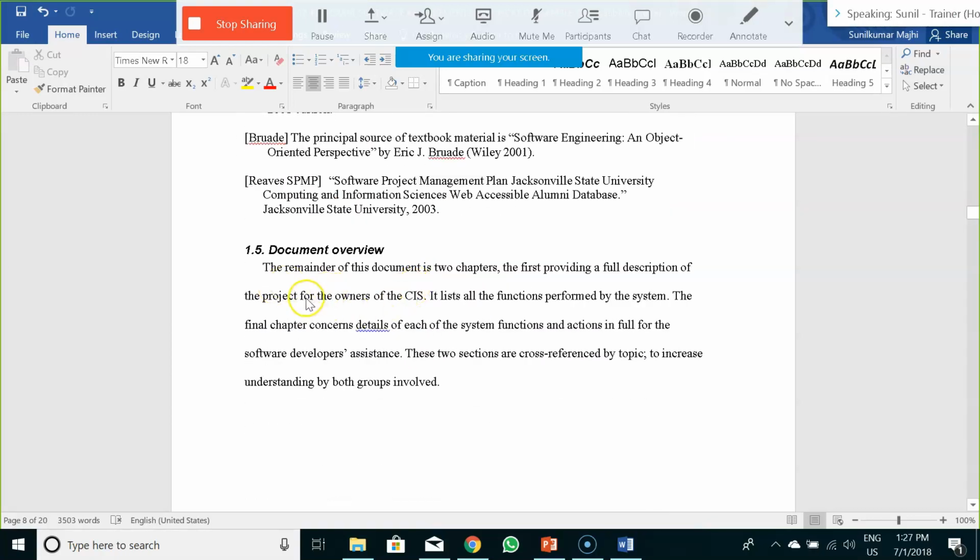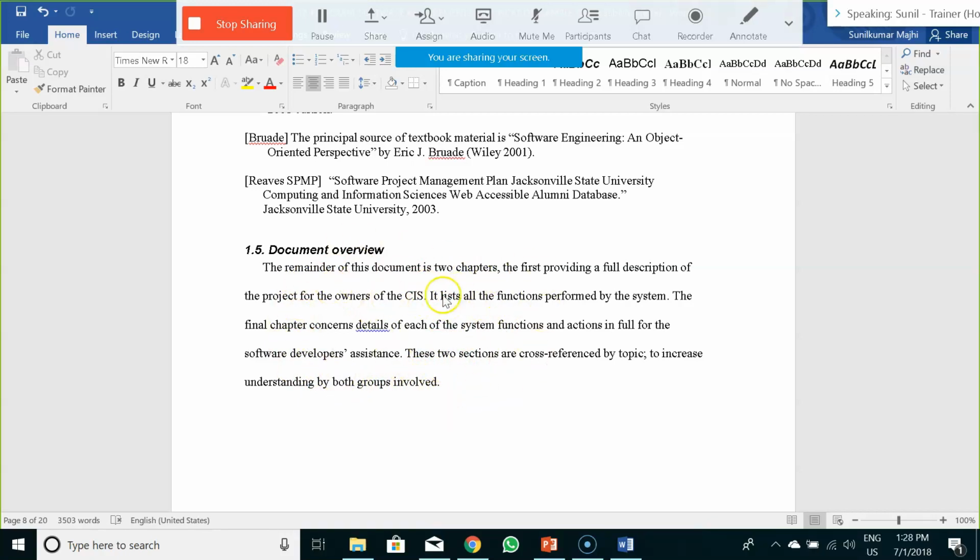After that, you have to give an overview of the document. If it is a partial SRS, you have to specify what the scope is or what are the typical features that you have taken into consideration in this particular document. If it's a full system requirement specification, then you have to specify what the system is all about, what is the benefit the customer is intending from this particular system.